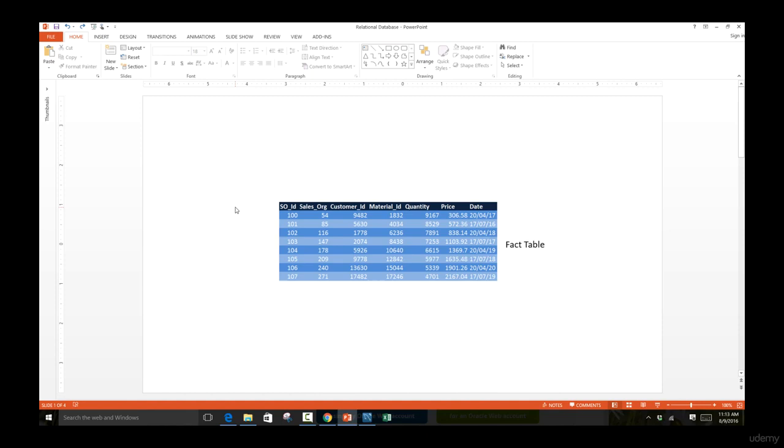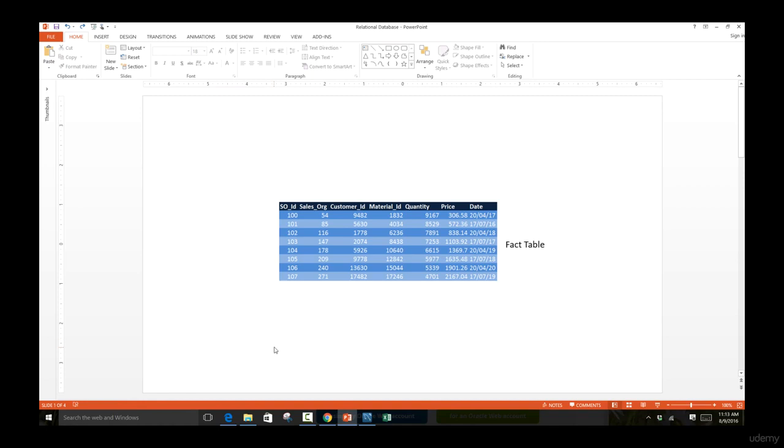In this table, we're going to be storing all the sales that occur inside our company. The first sale is going to be given the first row here. The second sale will be given the second row here. The third sale will be given the third row, and so on and so on. So as we move along and make more sales for our company, we're going to be adding more and more